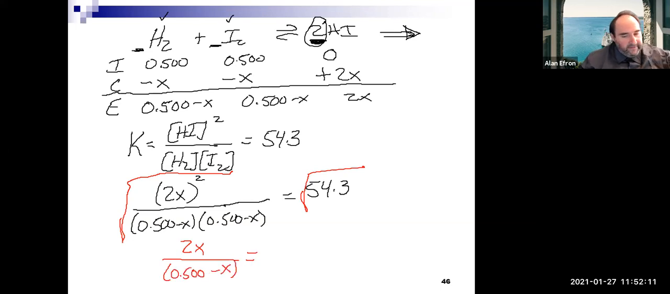And the thing I always forget to do is actually take the square root of the 54.3. So let's take the square root of 54.3, and it looks like maybe we'll get 7.36885. This is obviously going to make it a lot easier to solve for. We're then going to multiply the bottom to the other side. If we do that, that will give us 2x is equal to